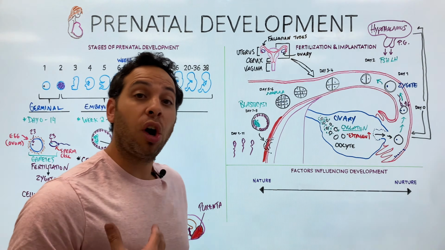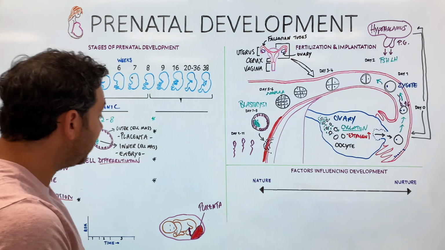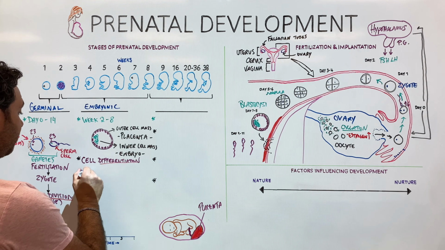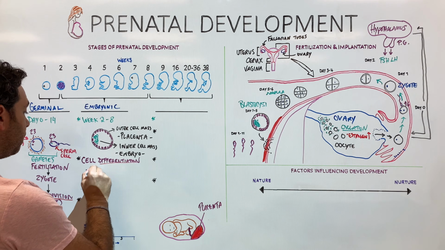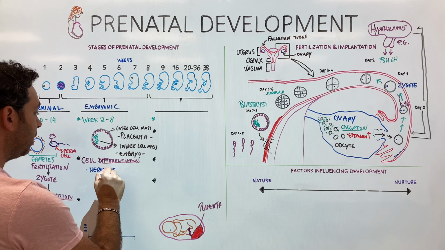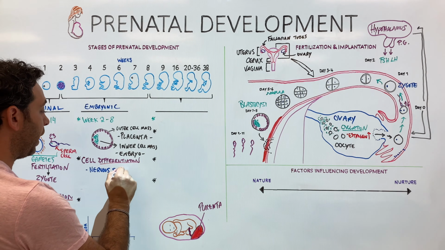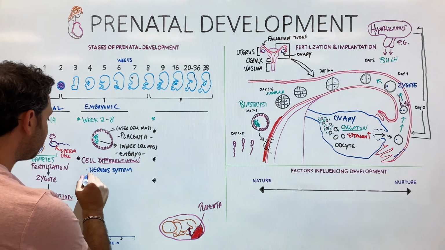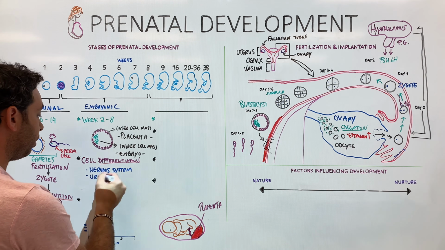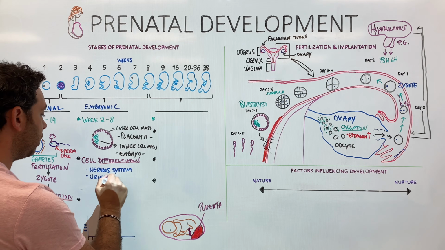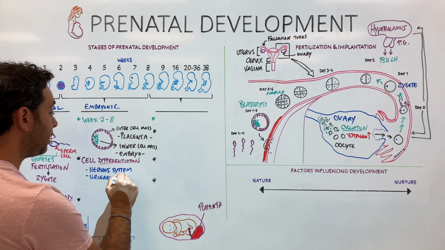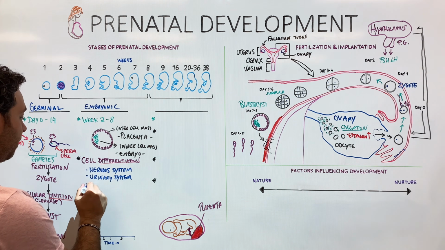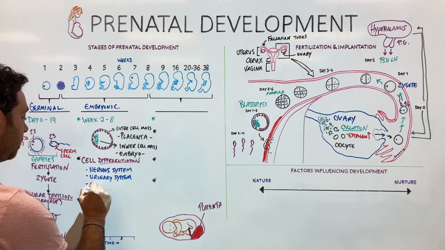Well, we're going to start having all of the systems of the body develop, everything you need to live and be a human being. So we have things like the nervous system is going to develop. Now, not entirely, right? It's actually a neural tube. We don't actually have a functioning brain, but the cells that will create a nervous system will be there. The urinary system, the bladder, right? And by the way, as I'm writing this, just start thinking about other systems that I'm going to write down, right? We have the circulatory system,